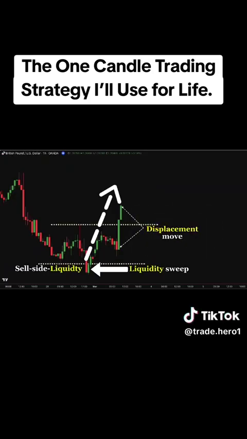At this point, you've identified all the key phases of the market maker circle: the creation of the liquidity zone, the liquidity sweep, and the displacement move. And remember, just two strong candles are enough to confirm that displacement. Now that we've confirmed the setup on the hourly chart, we switch to the 5-minute chart to wait for the